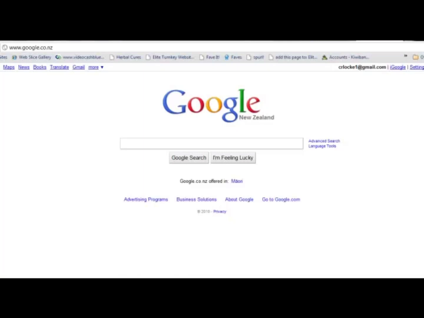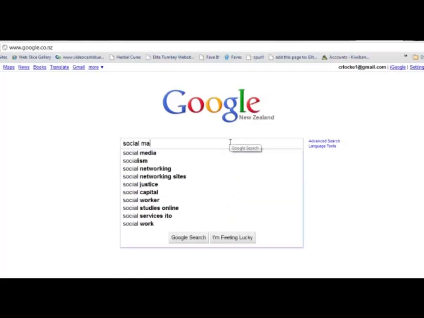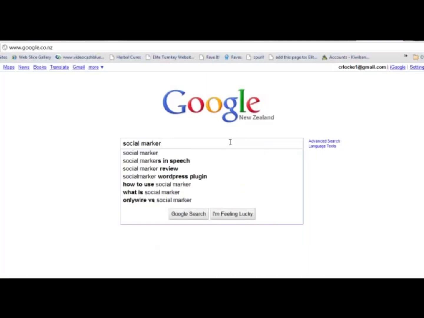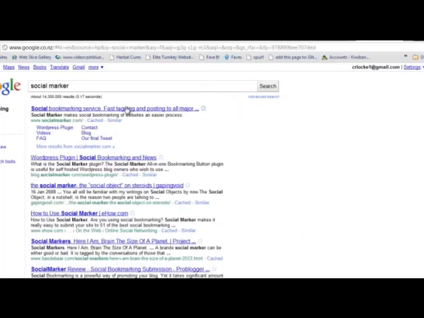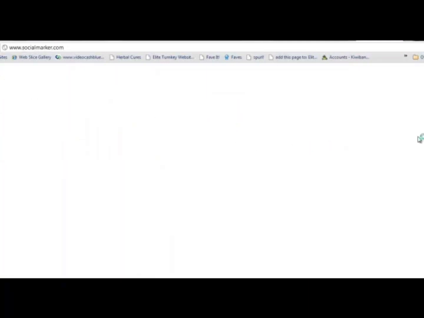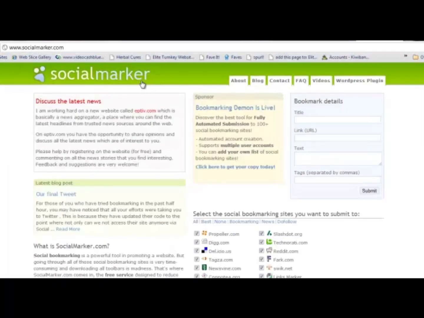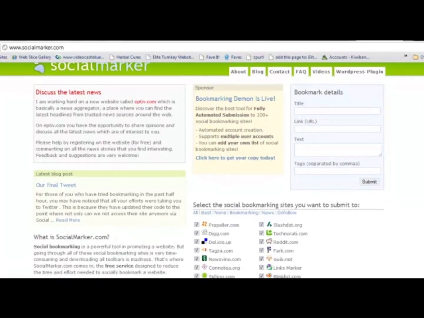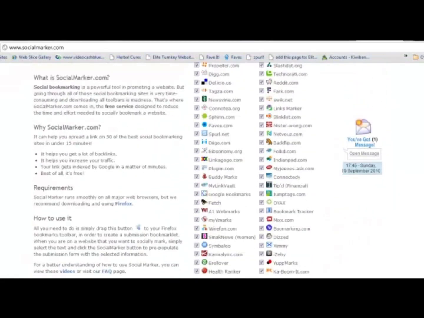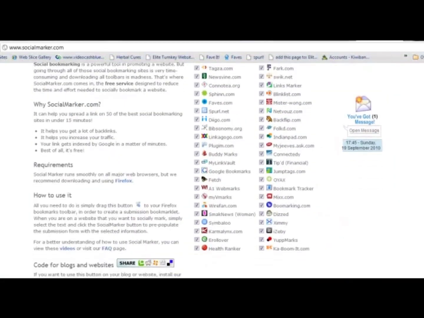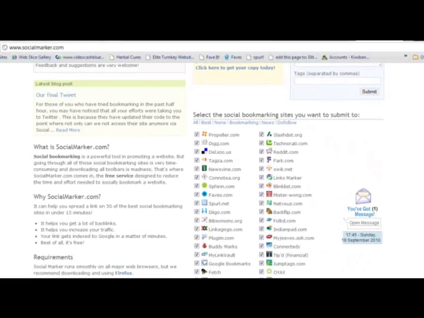So a great way to get further exposure and traffic is by social bookmarking your videos. A great place to do this is Social Marker. This is an automatic bookmarking service, so socialmarker.com. And if you scroll down here, you can see all the different social bookmarking sites you can submit your videos and content to. You can select which type of sites you want. I'm just going to select best,